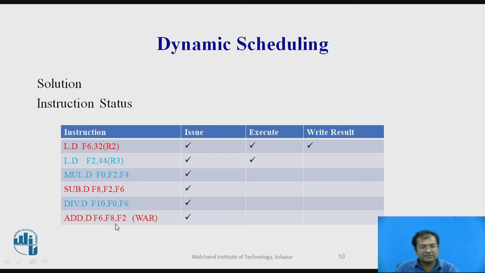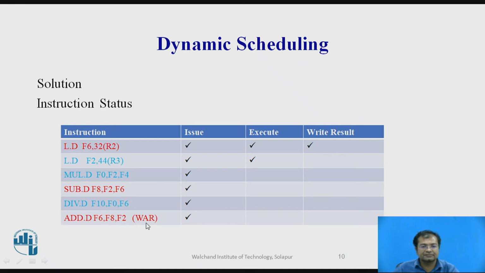Then after this, the next one is the add. F8 is available. If this instruction is executed, then go ahead. So F8 is added with F2 and the result is stored into F6. As soon as the result is available, it will execute. It is not shown here, but once this executes, the next instruction is an add, which is supposed to execute, but this one has to take care about the write. It is going to write this result after reading this.